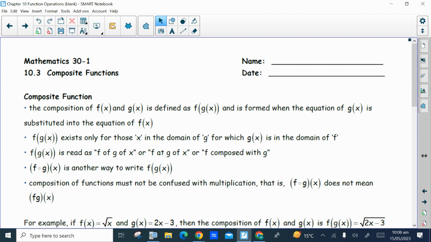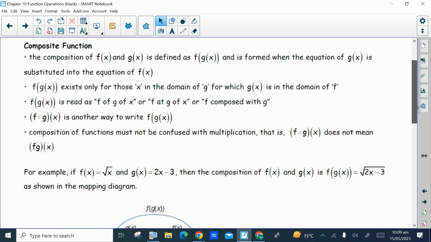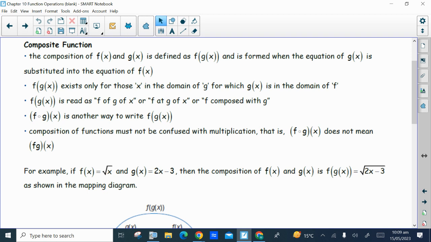All right, so we touched briefly on composition of functions on Friday. The composition of f at x and g at x is defined as f at g at x. It is formed when the equation g at x is substituted into the equation of f at x. It exists only for those x's in the domain of g for which g at x is in the domain of f. So again, that is read as f o g at x, or f of g of x, or